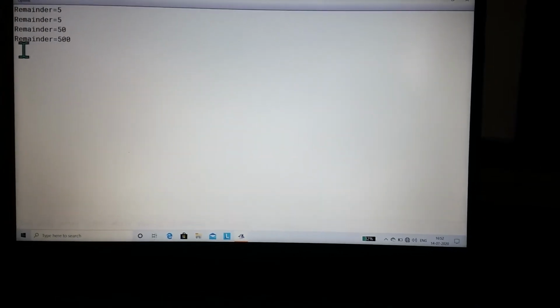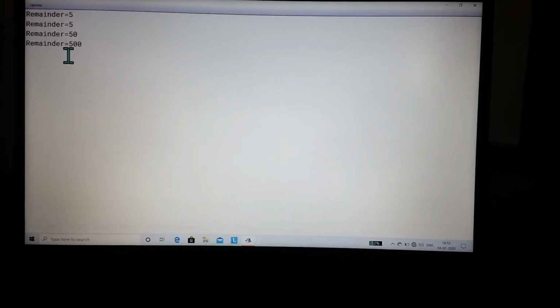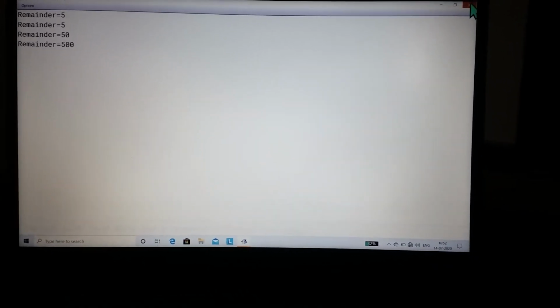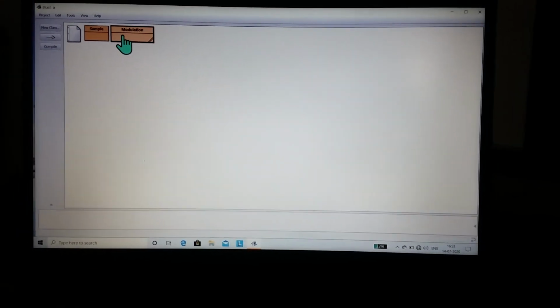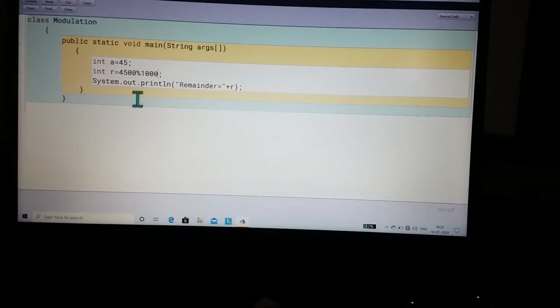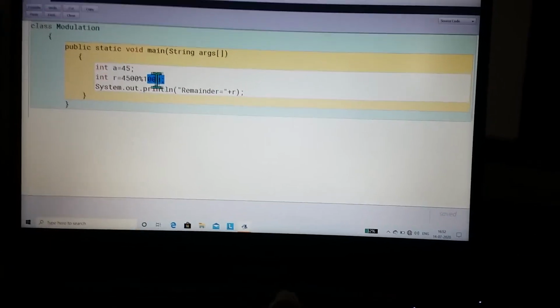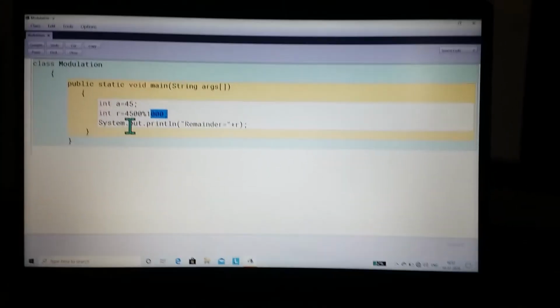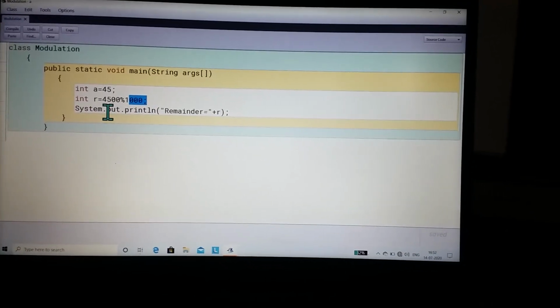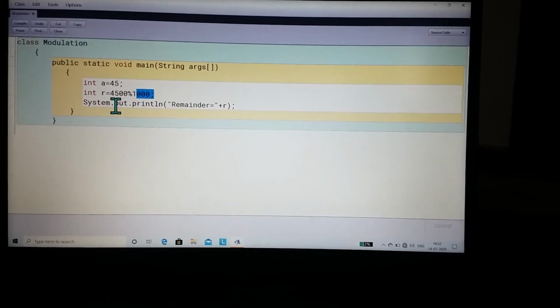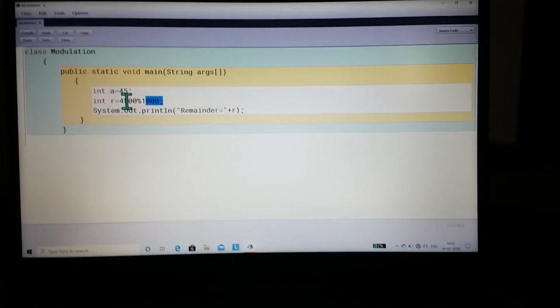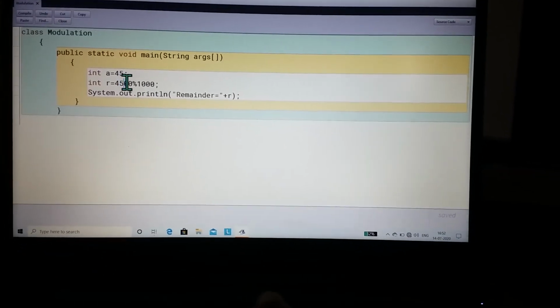Yes. So our remainder is 500 because there are 3 zeros. So three zeros from the right hand side are extracted. There are 3 zeros in 1000. So 3 digits from 4500 are extracted from the right side. Always extraction will be done from the right side. So 500 is extracted, and 500 is our answer.